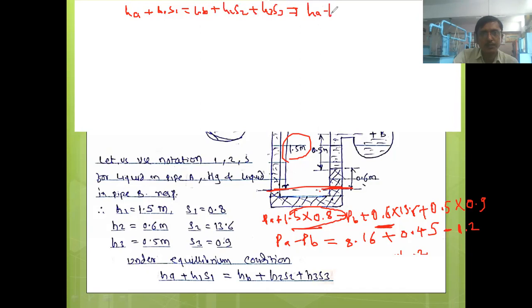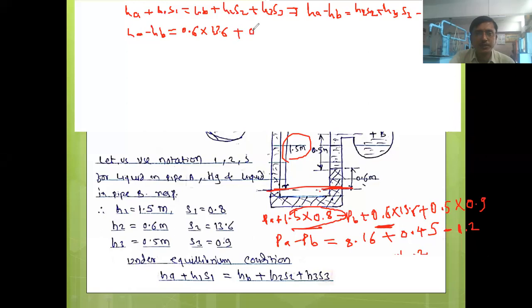So HA minus HB is equal to H2 S2 plus H3 S3 minus H1 S1. This will be our formula. So HA minus HB is equal to, what is H2 S2? It is 0.6 into 13.6 plus